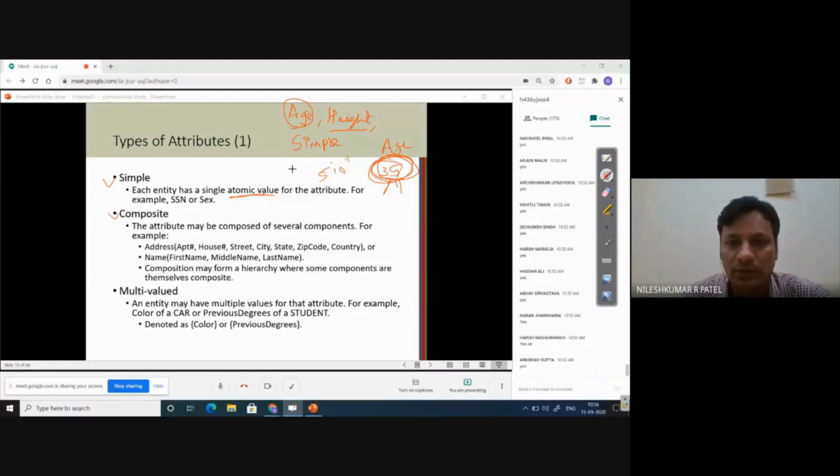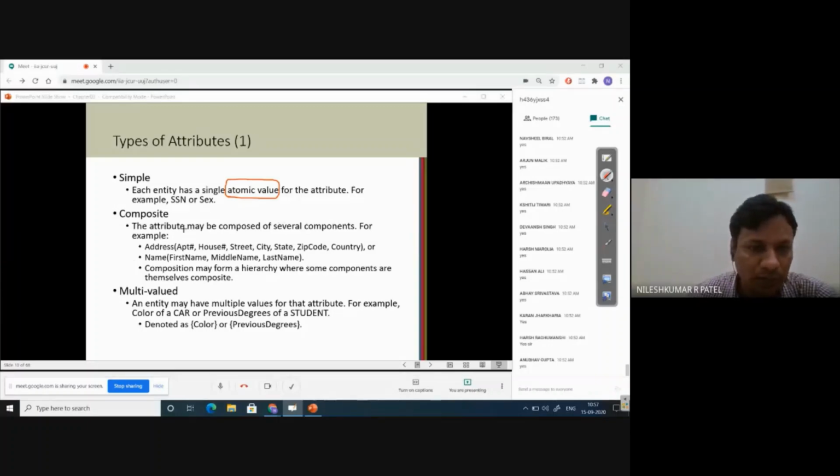So that is your height, the person's height I am talking about, right? Ultimately this is also an atomic value. For example, your gender, either male or female, is also an atomic value. So when any attribute represents an atomic value, that attribute is a simple attribute. It will be more clear when we compare this. If there is still some doubt in your mind, when I discuss the composite attribute, it will be clearer what exactly the meaning of an atomic value is: the value which cannot be further divided. So let me discuss this.